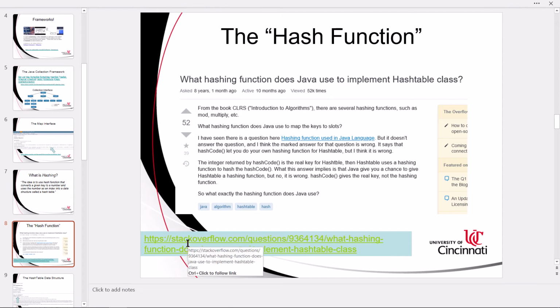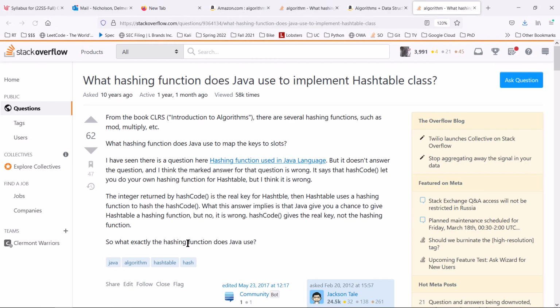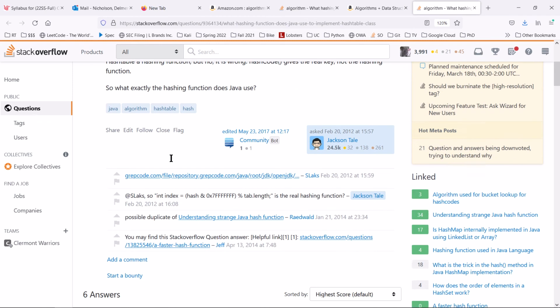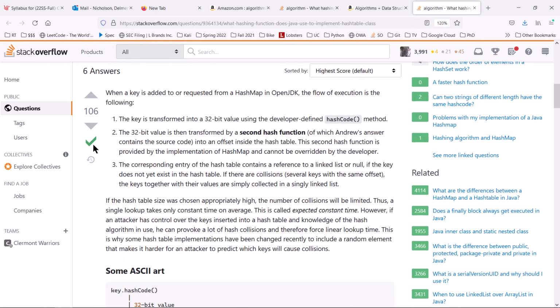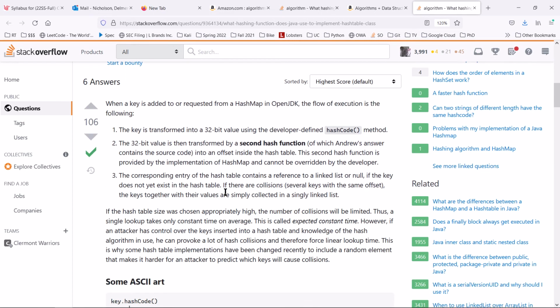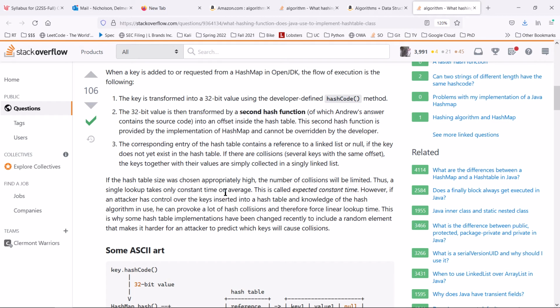And if you go to that link, now it's up to 62 from when I snipped it. It's got 6 answers. The accepted answer has 106 upvotes. The answer, and my eye is sensitive to this, and I'm sure your eye is too, there's no code in the answer. So when you see there's no code in the answer, we're drifting towards math and computer science. And that's fine. Those are things we should be curious about, but they are not things about which we are primarily concerned as software developers.